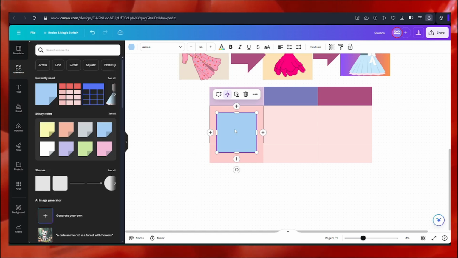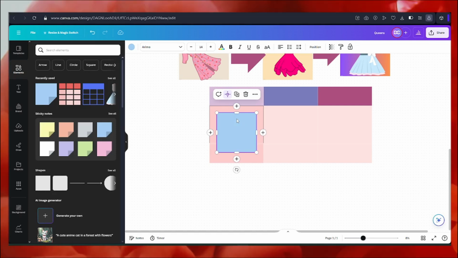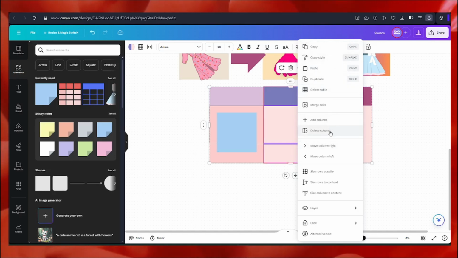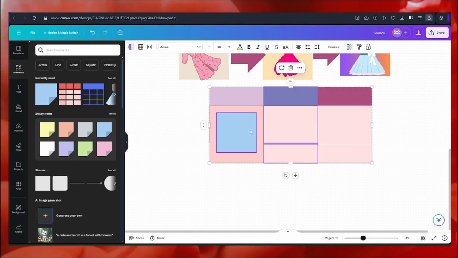It's a great way to manage. If you want to insert a column, it's really easy. You can go ahead, click on these three dots, and you can simply delete the table, duplicate it, add a column, delete a column. Everything can be done from here.